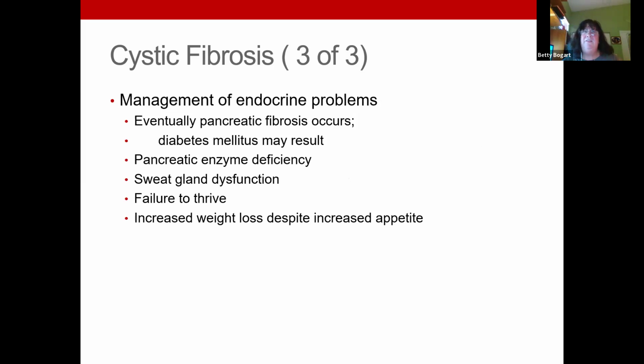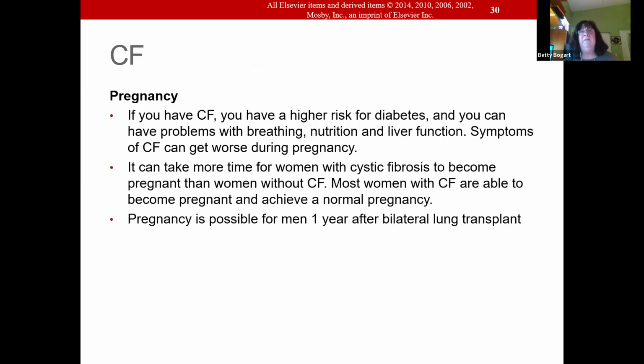Now, as I said, cystic fibrosis has to do with pancreatic insufficiency. What does the pancreas do? It produces insulin and it prevents diabetes, right? We will be doing spot check glucoses on these children to make sure that their pancreas is still functioning, okay? One of the things as a cystic fibrotic child grows is they're awake, they're alert, they're normal kids. It just means their lungs and their small intestines aren't working the way they should.